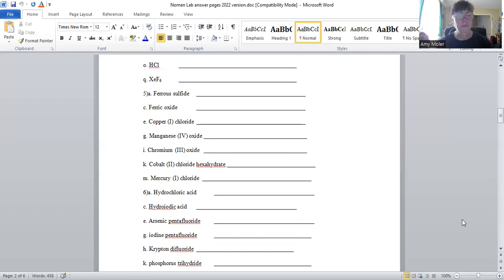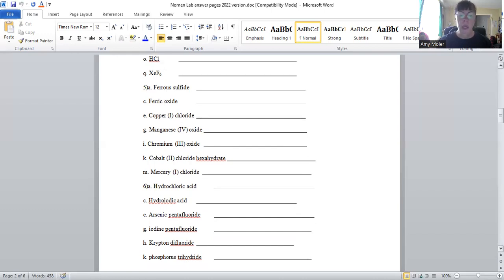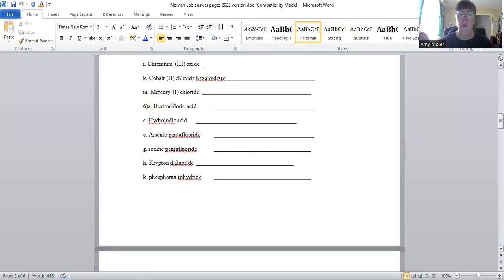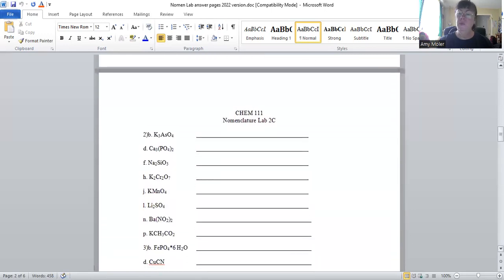That's like a no-no. Then we get back to kind of a mixed bag. Here we have some more that is primarily non-metals. And then we flip over to the 2C part. So 2C and the rest of these pages have quite a few